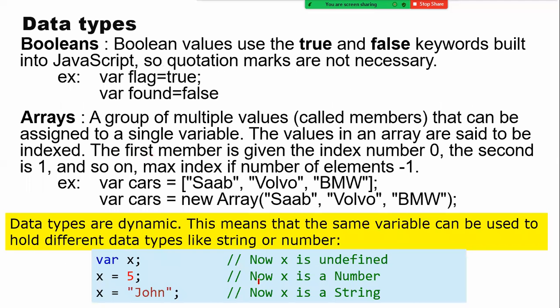Now, when we talk more about the data types in JavaScript, we again have the Boolean data type. Boolean values are true and false. Remember, true and false are case sensitive. We have to use only small letter true and small letter false. Then only will it identify them as a data type for me. Otherwise, it will not identify them as a data type, and it will try to use them as a variable.